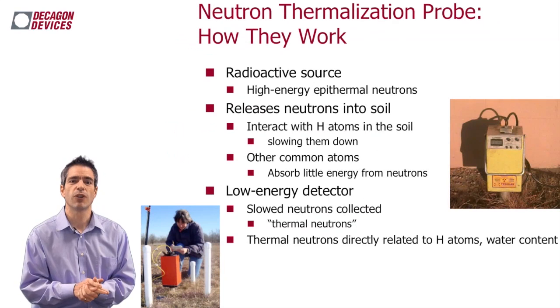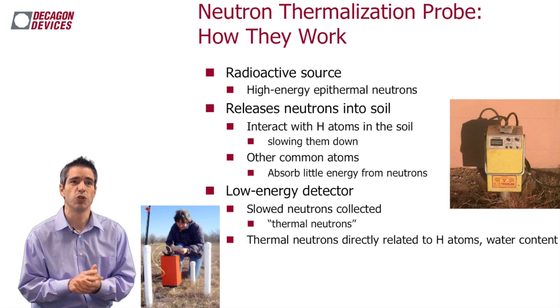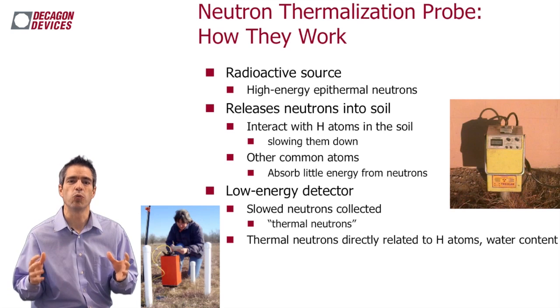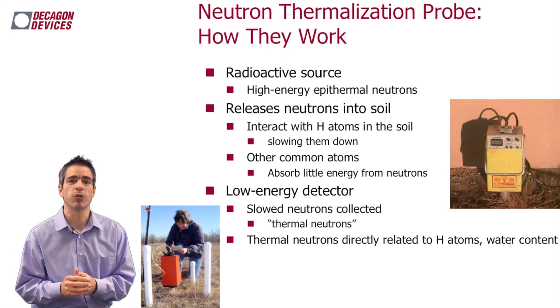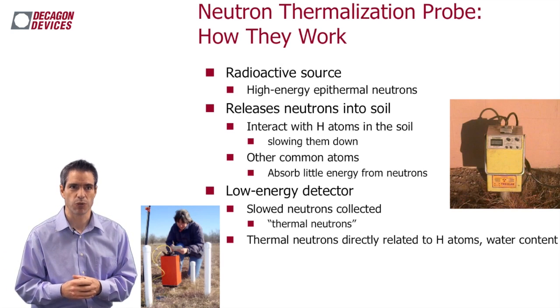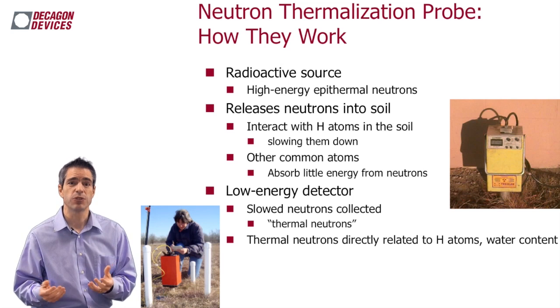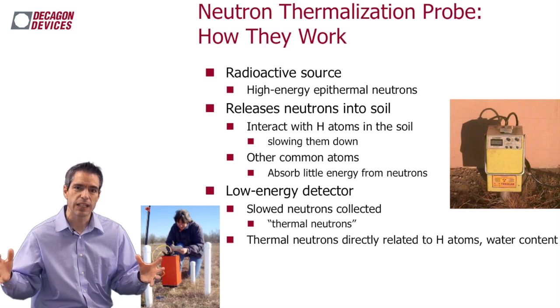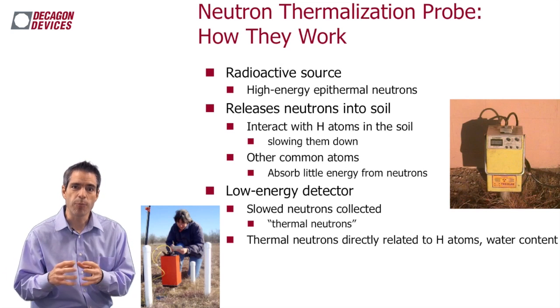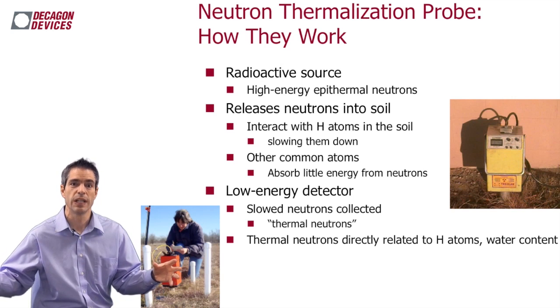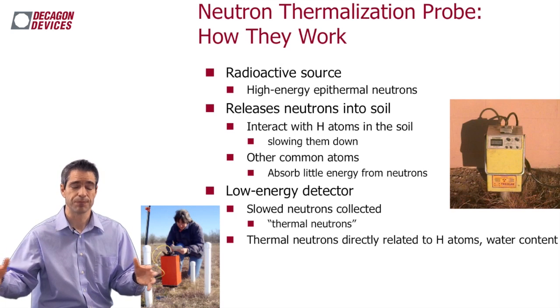So let's jump in first and talk about the neutron thermalization probe and discuss how it works. Now, this is one of the older techniques in terms of field measurements that we have used to measure volumetric water content. What happens is we have a small radioactive source in this instrument that is emitting into the soil these epithermal neutrons that are escaping out of the source, going into the soil, and interacting with the soil as